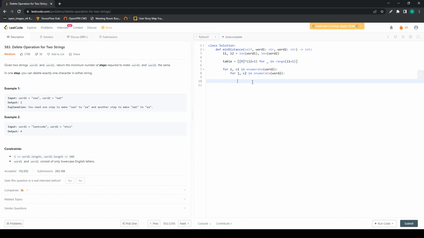What we have to do is calculate table i plus 1 and j plus 1. This plus 1 is because of the padding that we added, so we are starting from 1 and 1 instead of 0 and 0. And we want to find this using table i j, table i plus 1 and j, and table i and j plus 1. So for that, let's say, first of all, if c1 equals c2, then